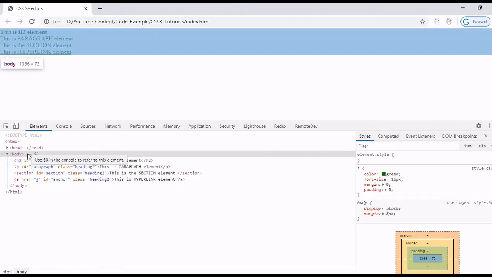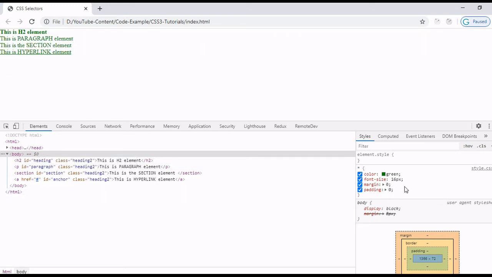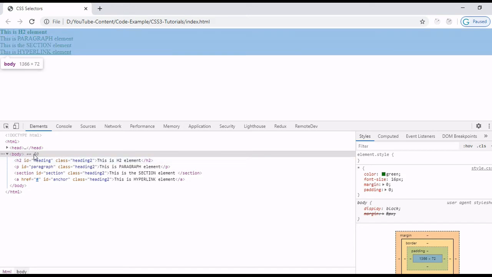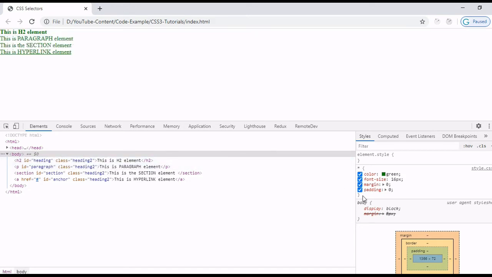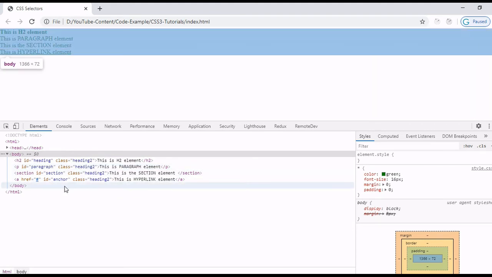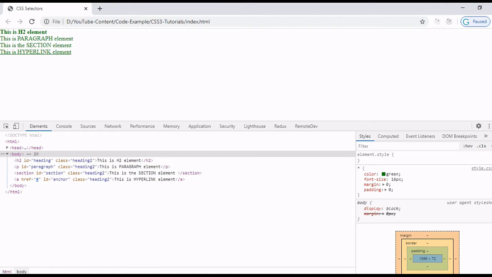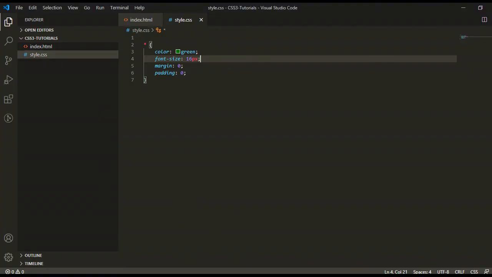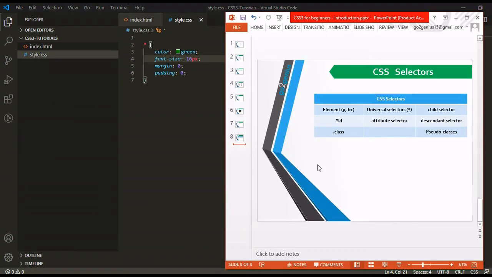Here you can see there is no orange border around the body element, because all the default margin and padding CSS has been removed. We have overridden the browser's CSS properties with our CSS properties. So friends, this is the major role of the universal selector when you want to reset all the CSS of the browser for all HTML elements. So let's see the next selector. The next selector is the attribute selector.